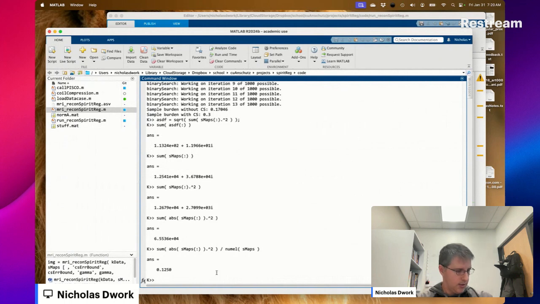I can scale all the S maps. How do I want to scale them? I want to scale them so that the sum of the square root.